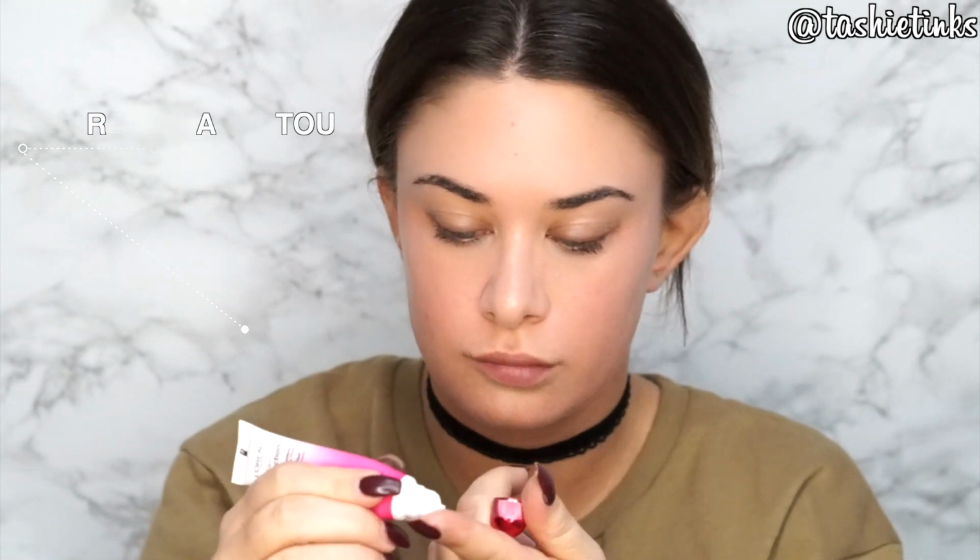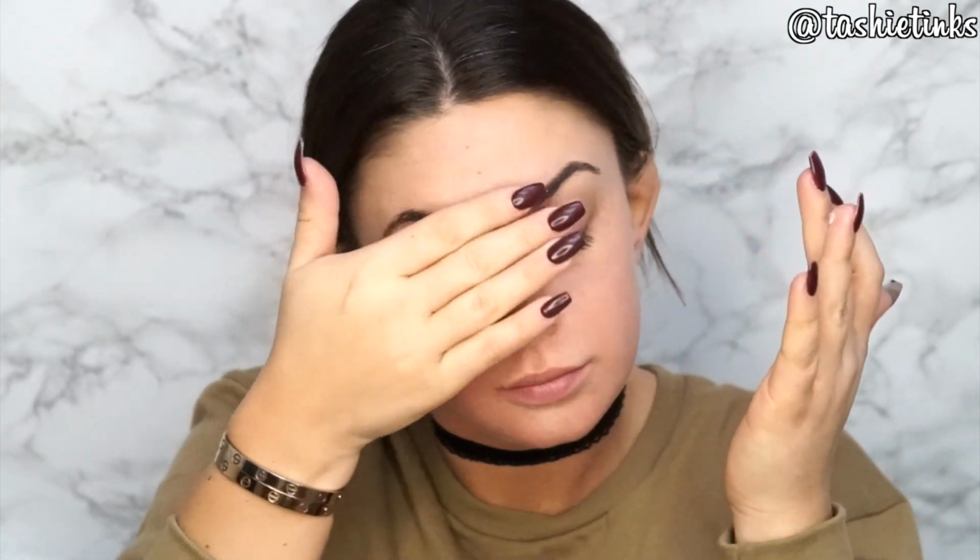And then I'm going to be priming the centre of my face with the Skin Perfection Instant Magic Touch blurring thing from L'Oreal, just in this area where I get slightly larger pores, so just that area, the forehead and the chin. Once you have primed and prepped your face, we're going to be moving on